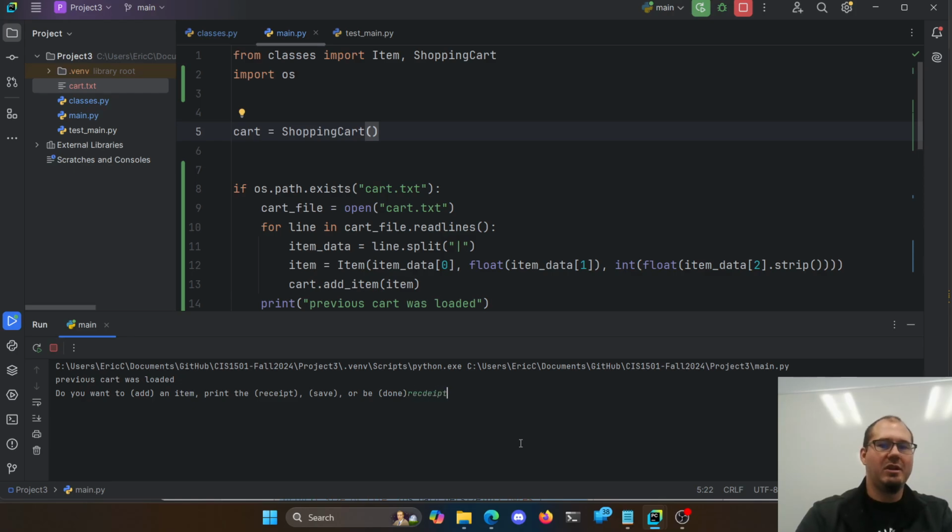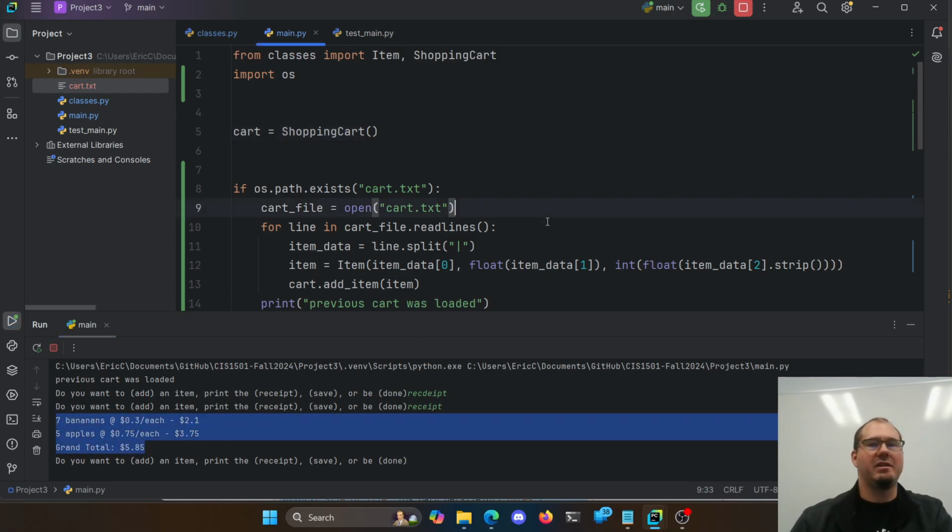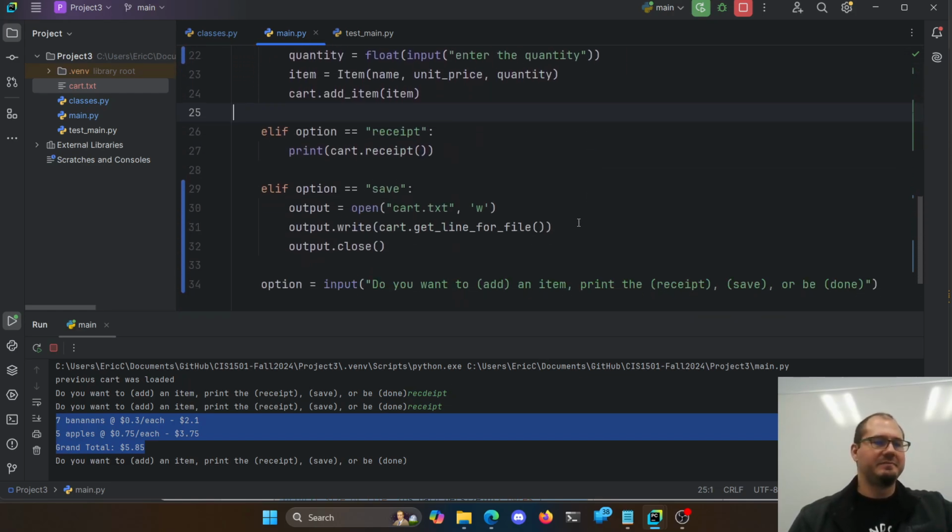Now that the cart was loaded, we get our receipt back out here, and we get bananas, apples, and our grand total back out of our file here. We can go add some more items. We can save our file. We can do some fun things with it here. So this is how we can take an instance of a class and write it to a file. So the sort of thing like when we're playing Monopoly and you've got a list of properties and you want to write them to a file,